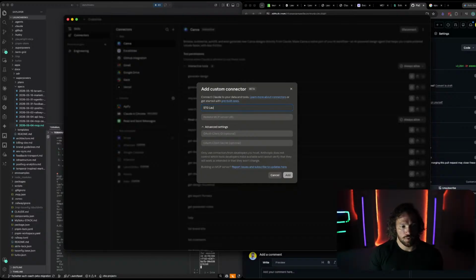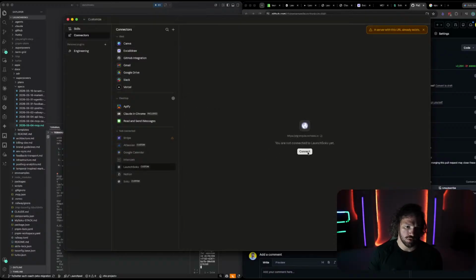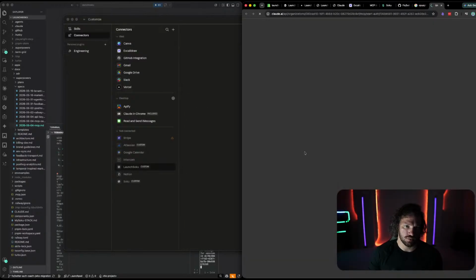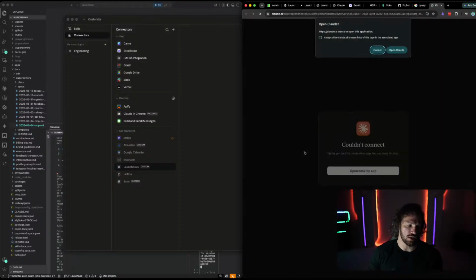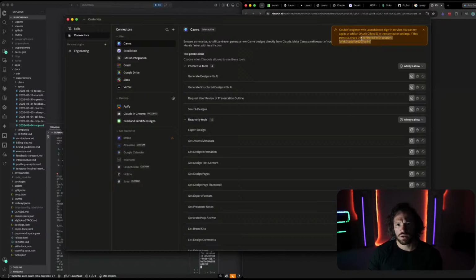Stage launch soku, https stage dash mcp dot launch soku dot io. Let's see. Server already exists. Let's try this. Dang it. Couldn't register the service. You can try again, or add it again with